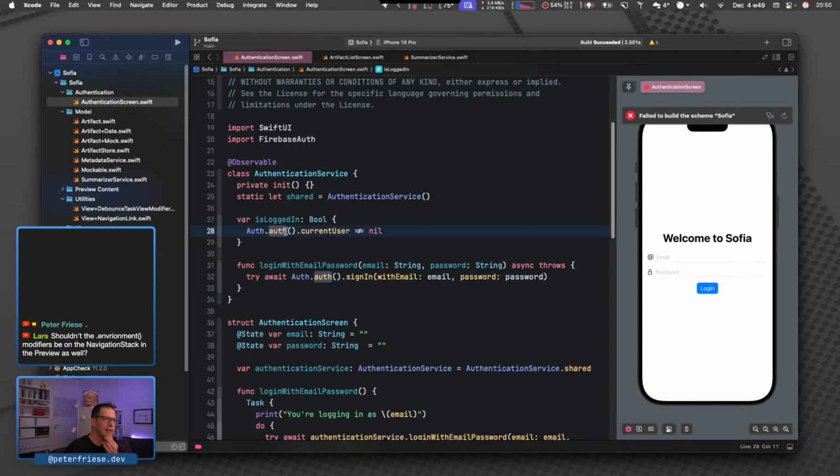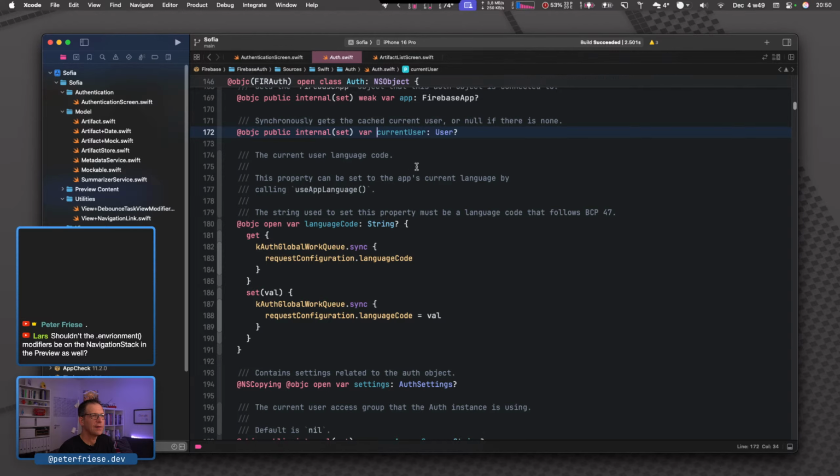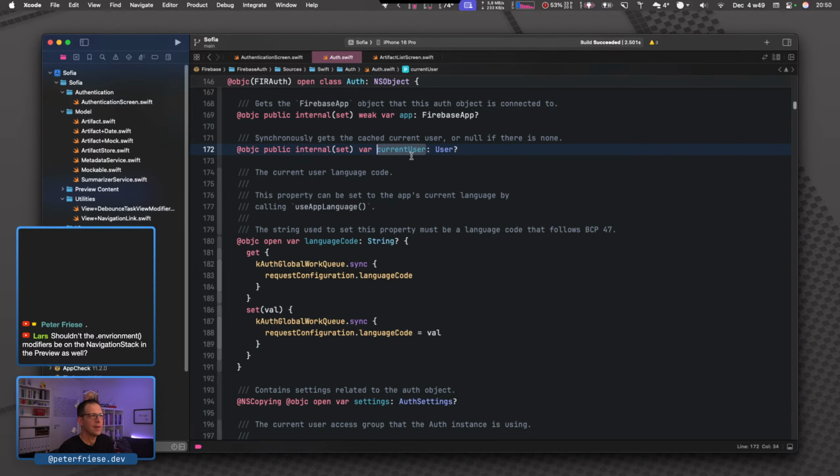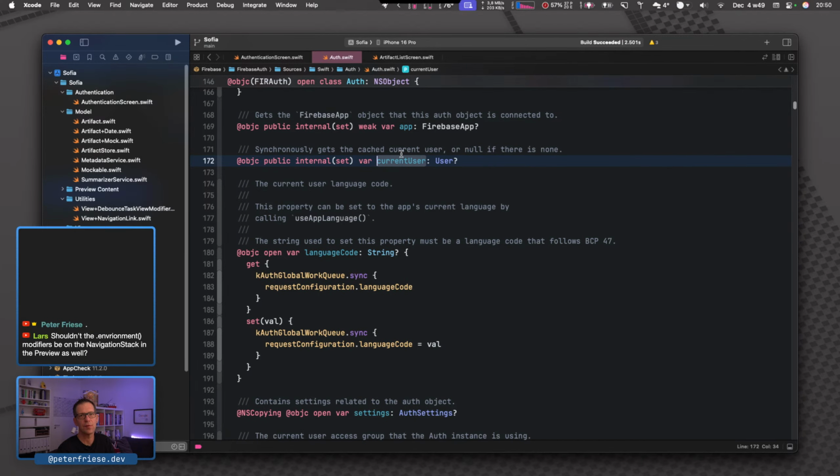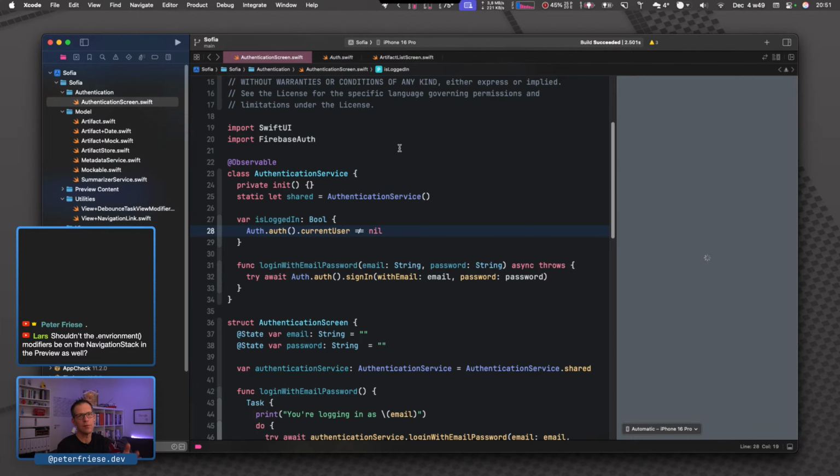And that's something that I see people do a lot of times, and it looks right, but it's not going to work well, at least, because this current user here is also just a property on the auth object, and there is no publisher. So whenever that's updated, we're not going to receive a notification that it has been updated, right? So when the user logs in, we won't get a notification about it. When they log out, we won't get a notification about it. So this is not a good idea here.